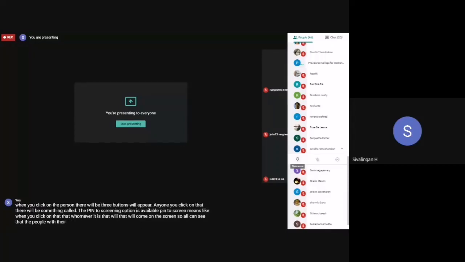And another one, the last one, is the remove option, but participants cannot do anything. Only the person hosting can remove them. When you click on that, it will ask whether you really want to remove them. You click yes, and the person will go out of the session, if they are too much of a disturbance for us. So that can be done.